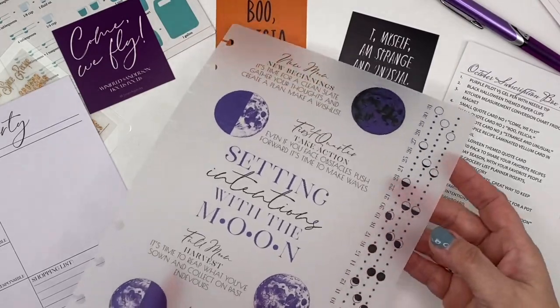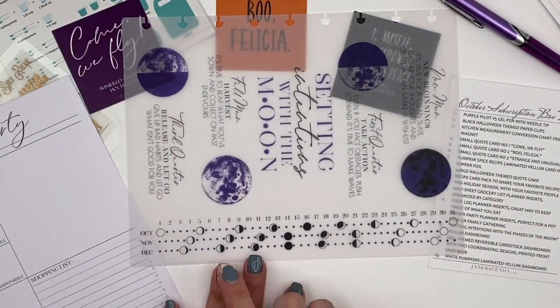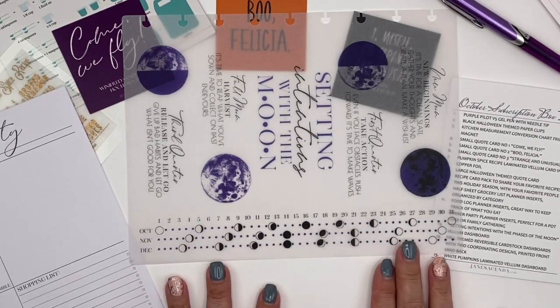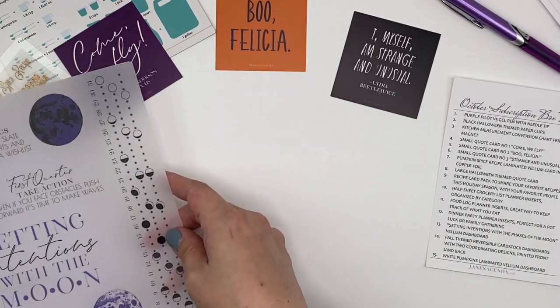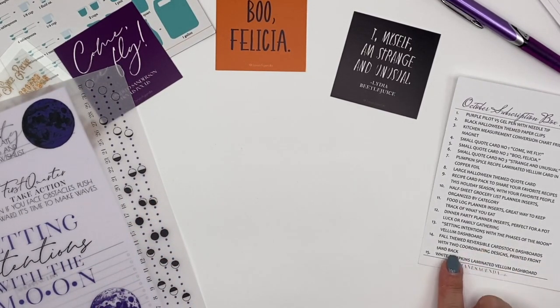Wow, and then looking on the side here, you've got the phases all mapped out for you. October, November, December. Wow, I love this. What great detail, right? That's really pretty. Really, really pretty. All right, now we've got fall themed reversible cardstock dashboards with 2 coordinating designs, printed front and